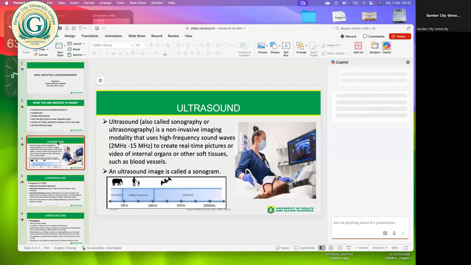An ultrasound image would be created when the sound beam enters the body and then is reflected back. So when the sound beam enters the body, attenuation occurs. It interacts with your body. Some of it will be absorbed, some of it will be reflected, some of it will be diffracted, some would be refracted, depending on the body it interacts with. Whilst others would